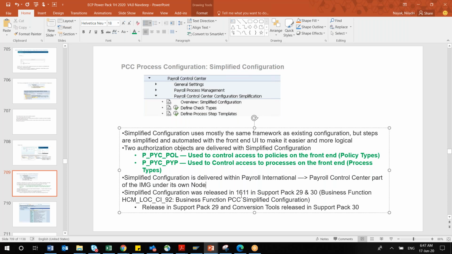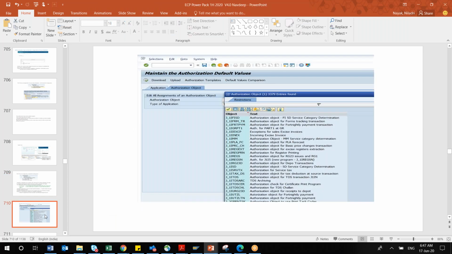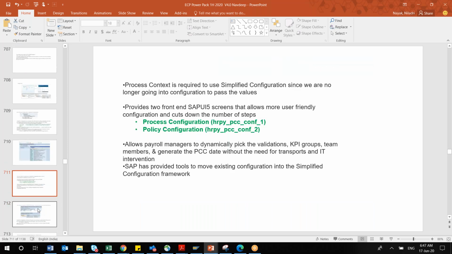Okay, but prior to November 2016 it was not there. So since then, the last 3+ years, we have been using it. And these are the list of authorization objects. You do not have to remember this list, because generally they do not ask these questions. What the different authorization objects are available.